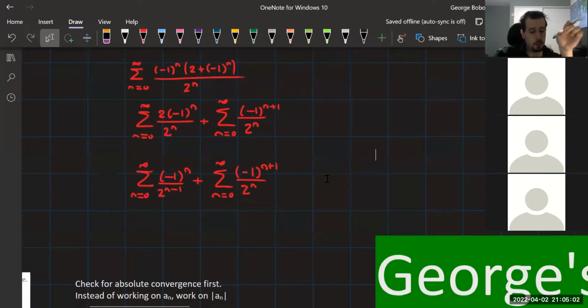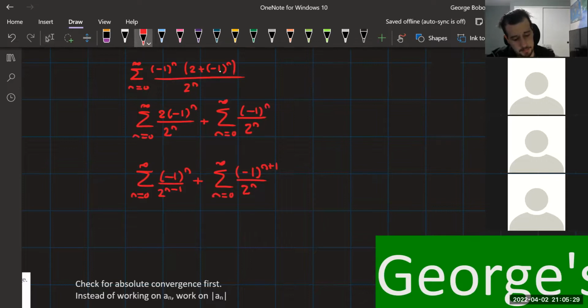So I'm feeling the idea here of splitting it up again into 2 bits by distributing this into here. First bit becomes 2 times -1 to the n over 2n. And the second bit, you can think of these two as legitimately just being x. When you merge the 2 brackets, you raise the whole bracket by an amount, so you have here actually n plus n. I need to be careful about that. Okay, so this is the series opened up into 2 bits, and then the bottom, I can write this as 2n.